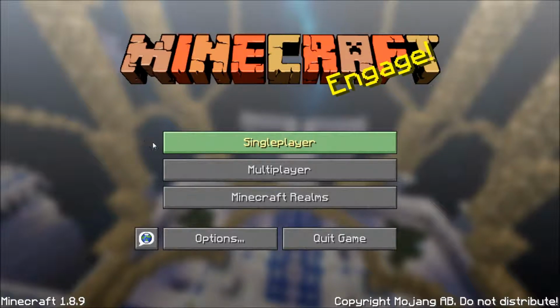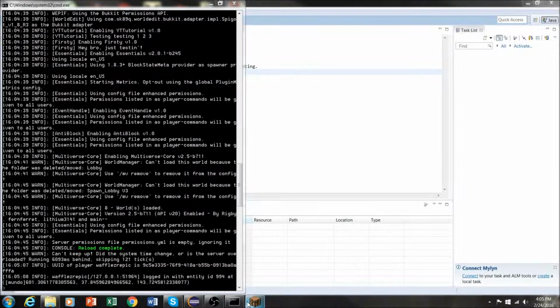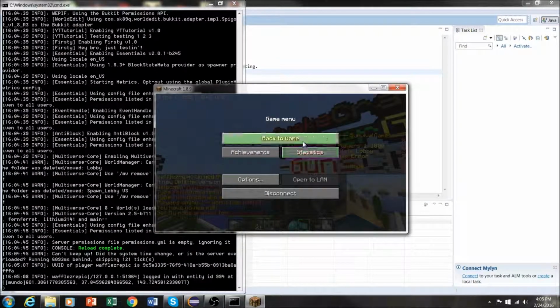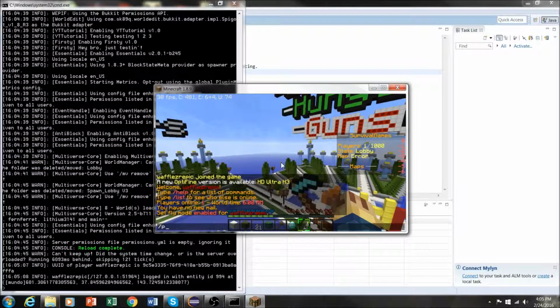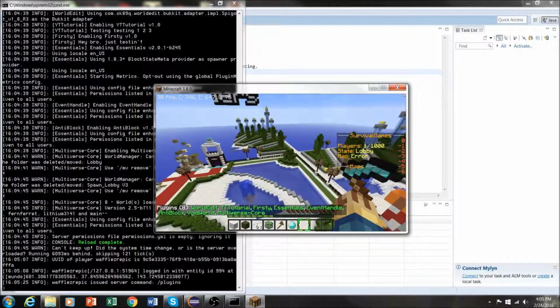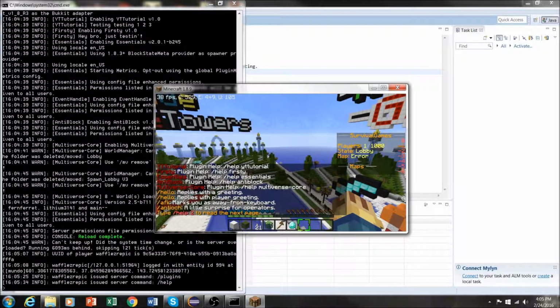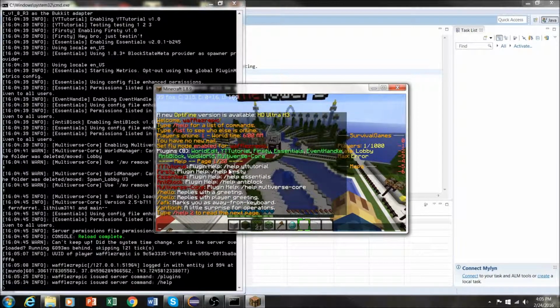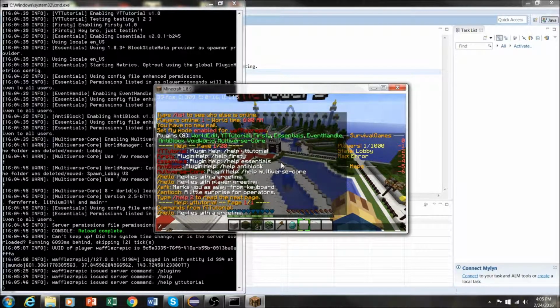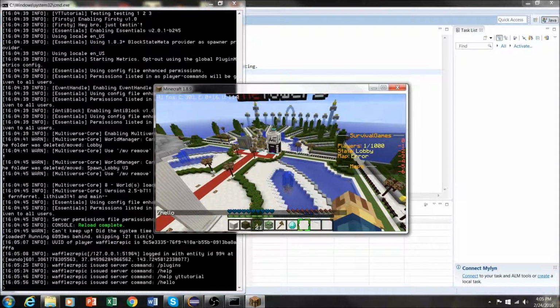Multiplayer, go down to my server. So now we're in my server, and you can see if we type in slash plugins, you'll see right here is our plugin YT tutorial. So now if we type in /help, we'll see once again up here is YT tutorial. So we're going to type in /help YT tutorial, and you should see our command. There's our command right there, hello, and our description replies with a greeting. Type in /hello. We should get,